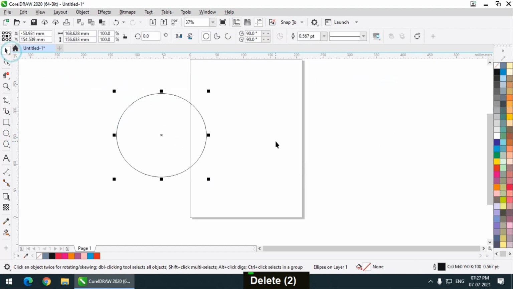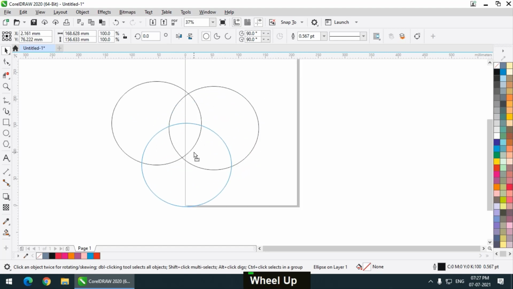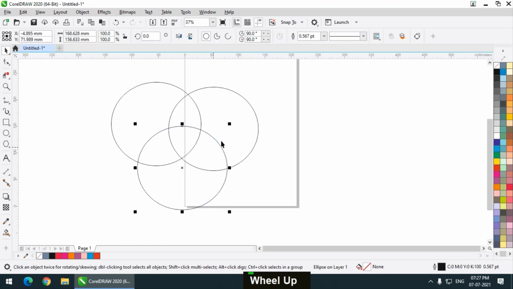And remember, I'm trying to explain it to the basic user of CorelDRAW. So some of you might find this a bit boring, but I want to be thorough. That's why I'm going in depth and I'm explaining pretty slowly.